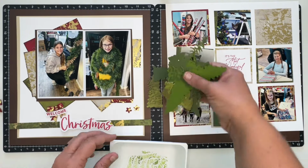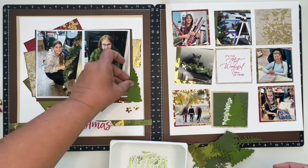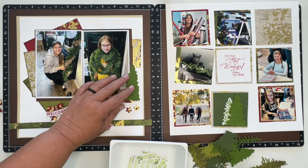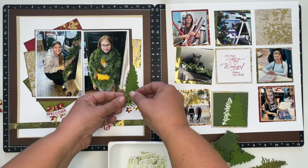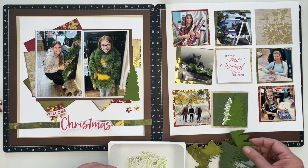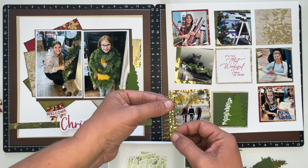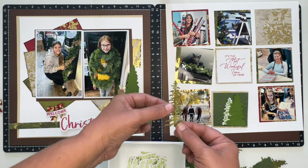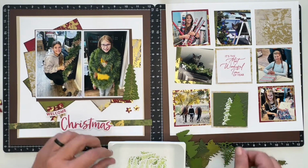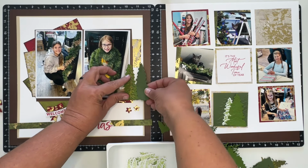I wanted a bigger tree down here, so one will go right here like this, and I think I might take the lighter color. It's the same color. Let's see here if I can find the lighter color tree. I also cut pieces out from this same green paper so I could layer it like this, so I might do that, and then put maybe a dark tree behind it,